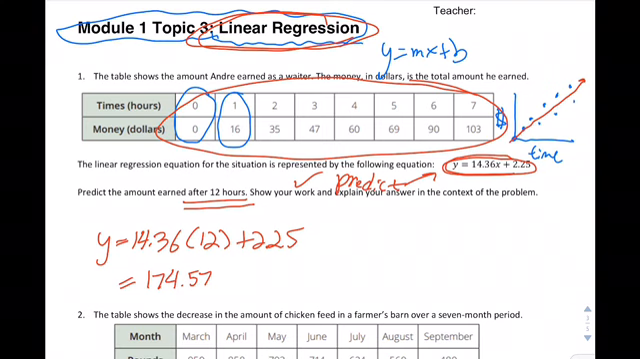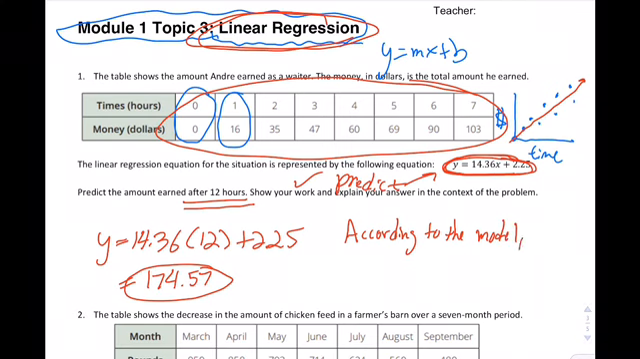Okay, so we have our work shown. And explain your answer in the context of the problem. Well, what does this number mean? That would be the amount that Andre earns after 12 hours, right? That's why we plugged in the 12. Now, it is important that because we are predicting, we mention somewhere that this is a predicted amount, not the actual amount. So we can say something along the lines of, according to the model, that way it's said that we're trying to predict. According to the model,